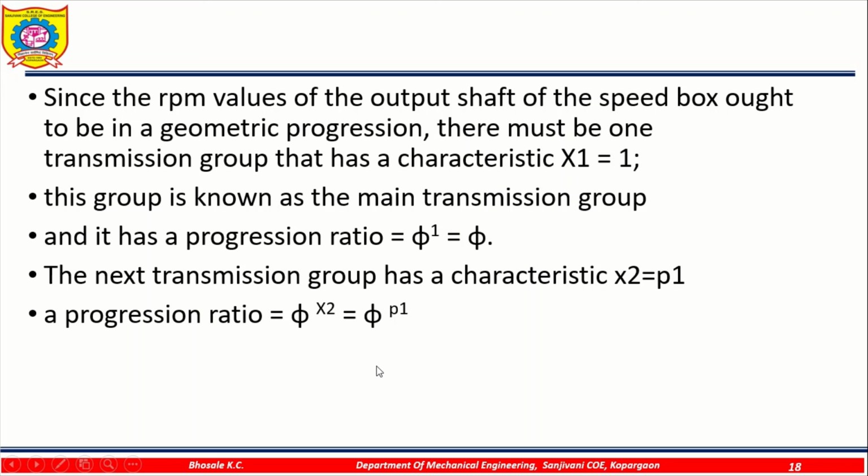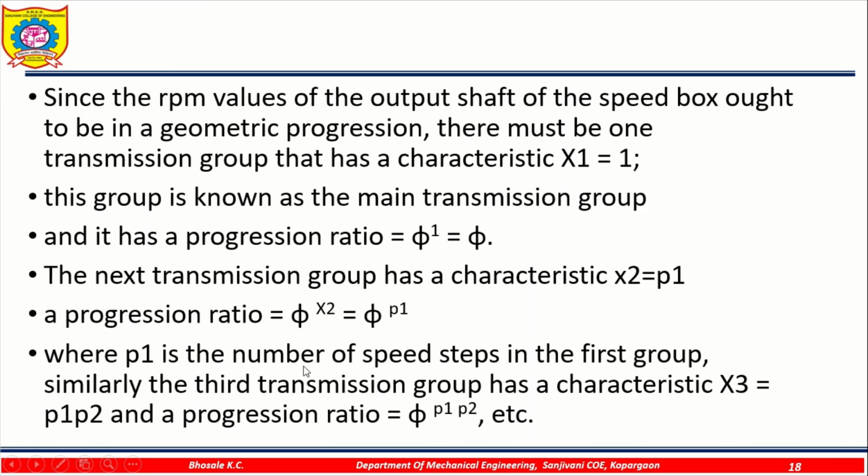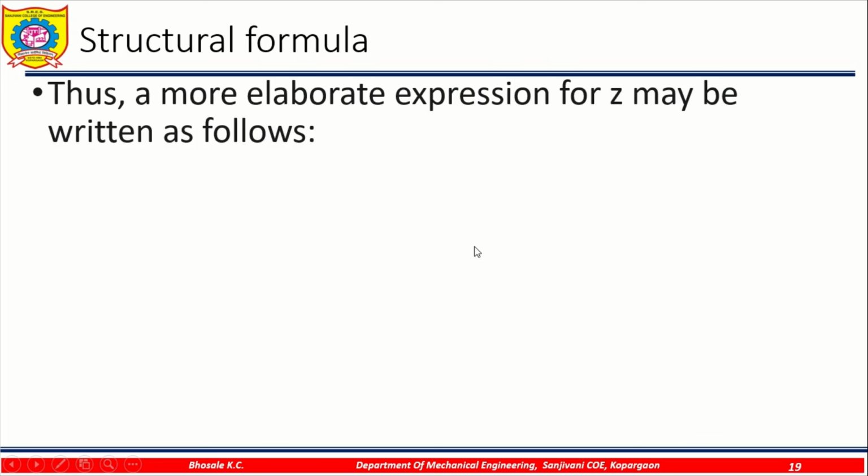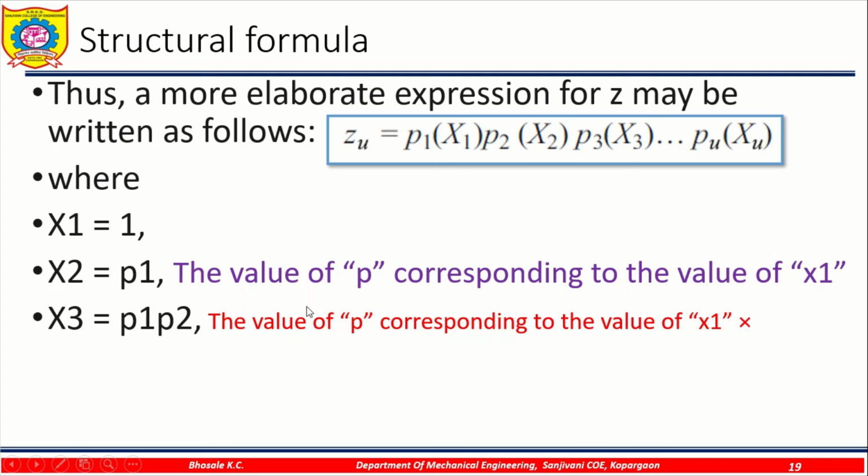The progression ratio is phi raised to x2, or phi raised to p1, where p1 is the number of speed steps in the first group. Similarly, the third transmission group has a characteristic x3 equal to p1, p2, so the progression ratio is phi raised to p1 p2, etc. Thus, a more elaborate expression for Z may be written as Z equal to p1 into x1 into p2 into x2, where x1 is normally 1, x2 will be the value of p corresponding to the value of x1, and x3 will be the